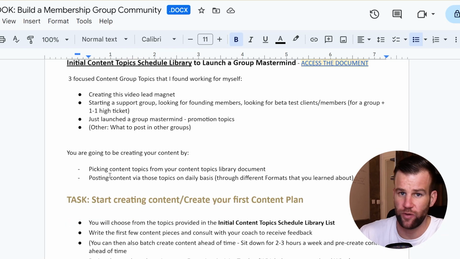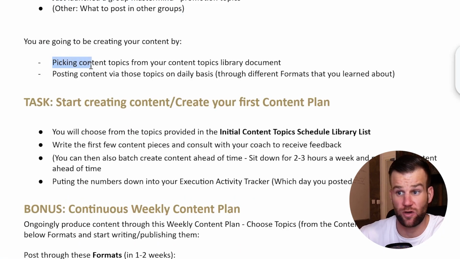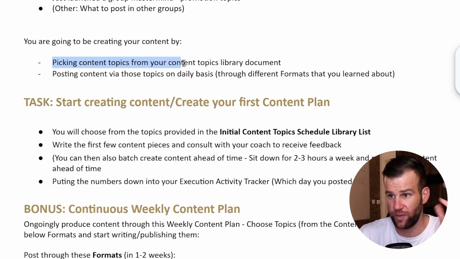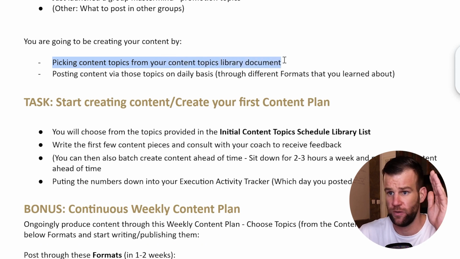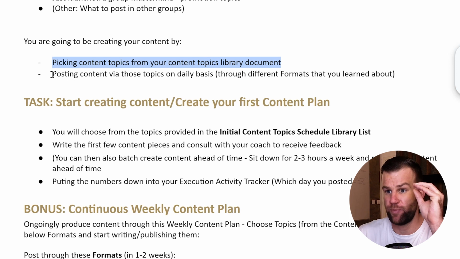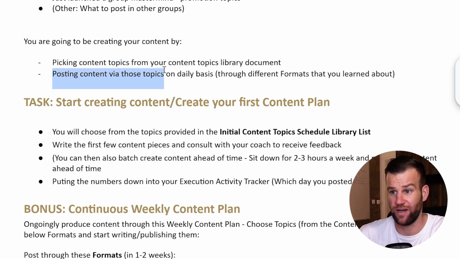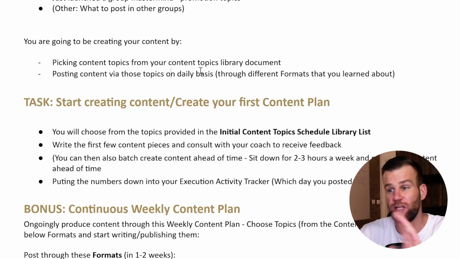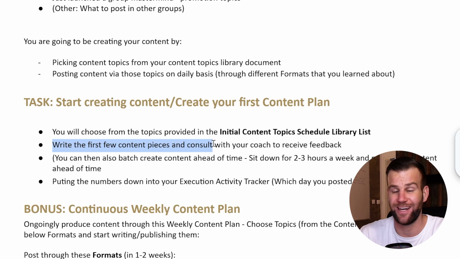So back to the workbook, how is this going to work? You're going to be picking content topics from the topics lists of that document that I just showed you, and you're going to be posting content and creating content via those topics on a daily basis through the different formats that you learned about. Now I'm going to show you how to use that document, but also understand that you will want to begin somewhere and actually start writing your first content pieces right now, and you're going to be getting feedback on those content pieces on our weekly group coaching calls,